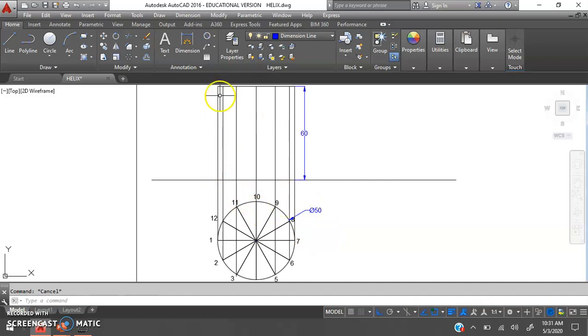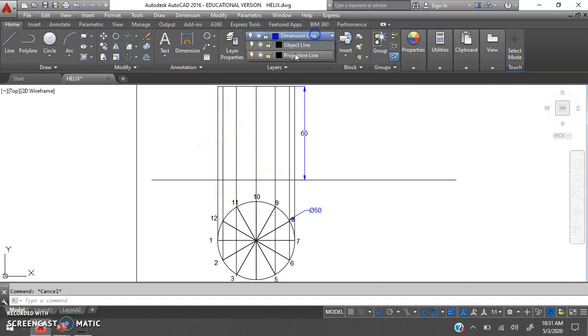Now I want to divide this height of a cylinder, or pitch length, into 12 equal parts. As it is 60 millimeter, we can easily divide by 5 millimeter for each division. If the pitch length is 70 millimeter or 80 millimeter and you want to divide into 12 equal parts, then it will be very difficult because each division will be 6.5 or 6.66, so it will not be possible to divide in this case. So on paper, you have to draw an inclined line whose inclination is 30 degrees, take 12 parts on that line, transfer and then connect it. So you have to follow that procedure for dividing it.